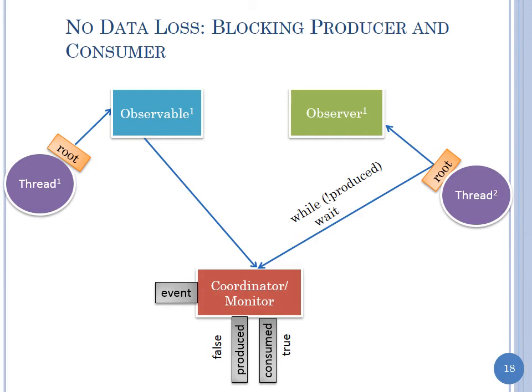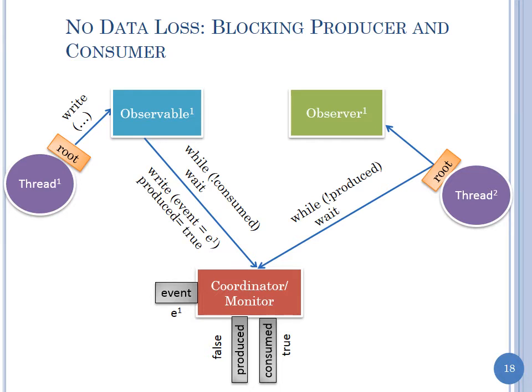Okay, we have: while not produced, the consumer waits; the producer does while not consumed, wait. So the way I named the variables allowed for an easy symmetric solution. If I just named it var1, var2, we wouldn't be able to translate one to the other that easily. Okay, it writes the event, and then it wants to make sure it has written the event,